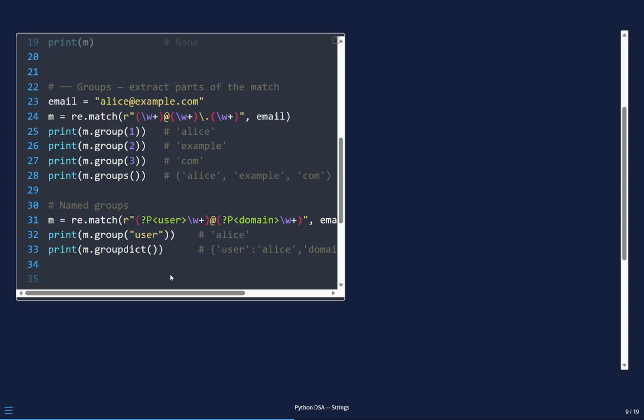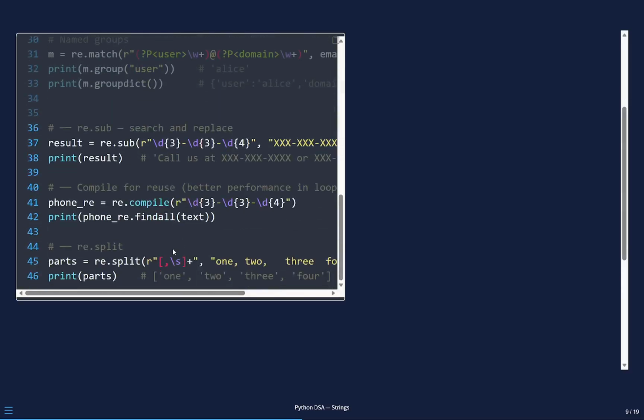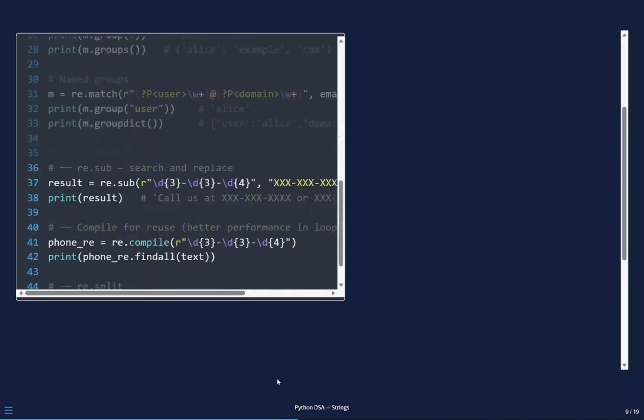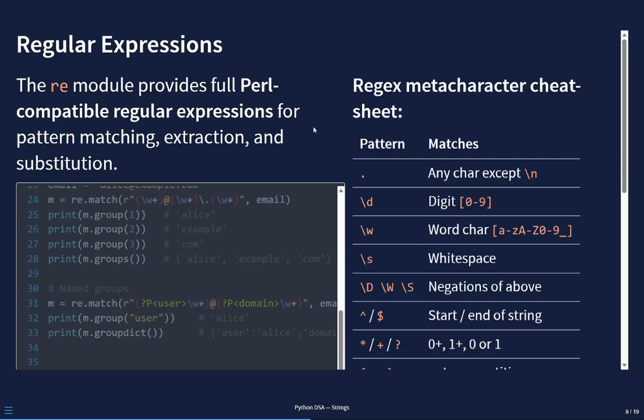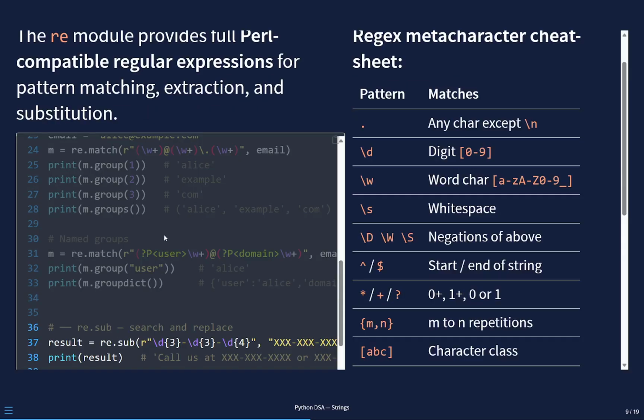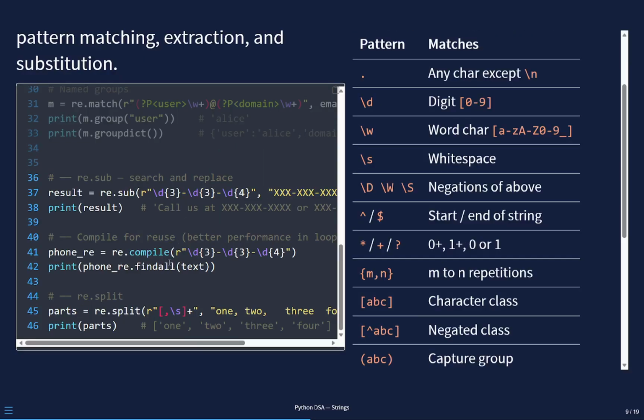patterns much more readable. re.compile pre-compiles a pattern into a regex object. The compiled object has the same methods, findall, search, sub, but the expensive compilation step only happens once. Always compile patterns that appear inside loops or are reused across function calls. re.split with a regex delimiter can tokenize on complex patterns, multiple spaces, mixed punctuation, any combination you can express as